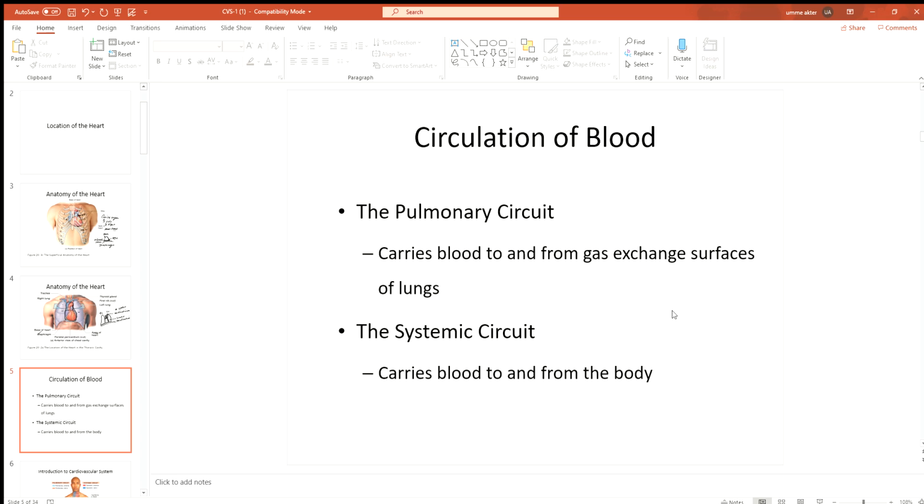Circulation of blood. We divide the blood circulation into two types: adult circulation and fetal circulation. So in the adult human body, the circulation is called the adult circulation, and adult circulation includes three types